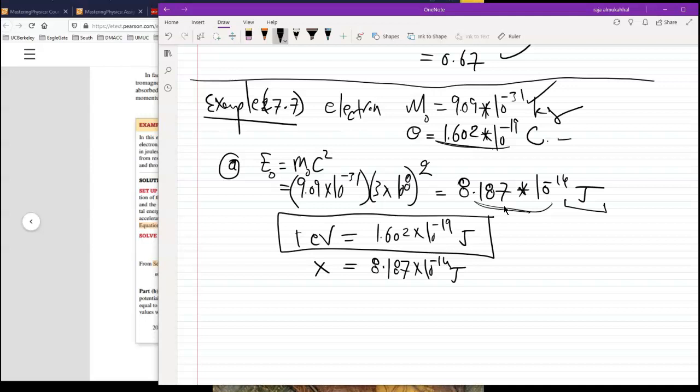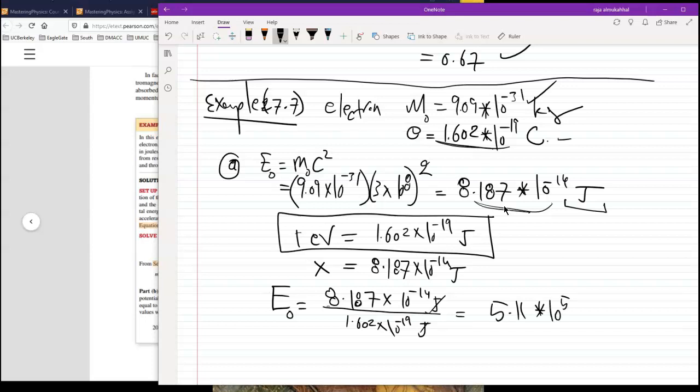So the energy in this case is going to be 8.187 times 10 to the negative 14 divided by 1.602 times 10 to the negative 19. I think I did it right. We divide those together. Remember, this is in joule and this is in joule. The joules cancel out. You end up with just the electron volt, and in this case we would get the rest energy equal to 5.11 times 10 to the 5th